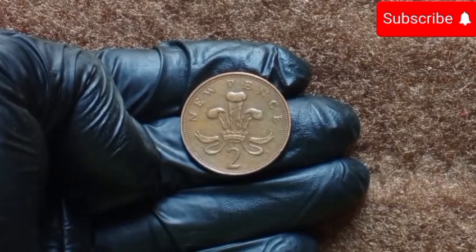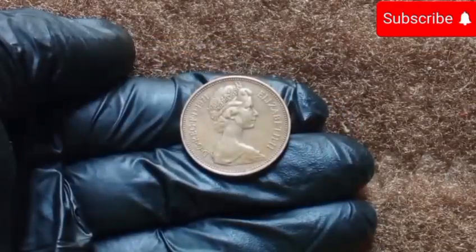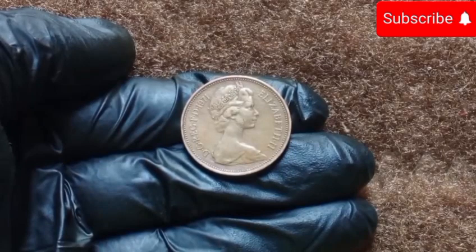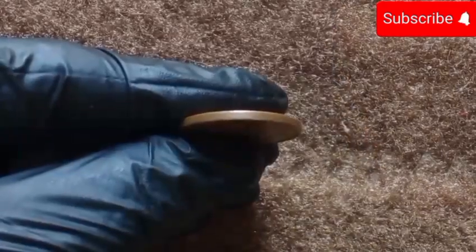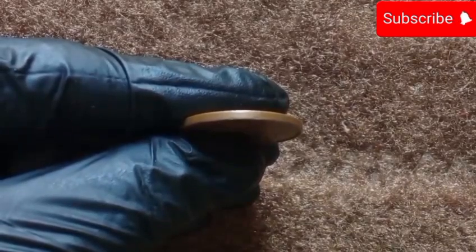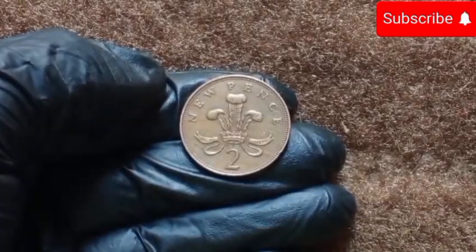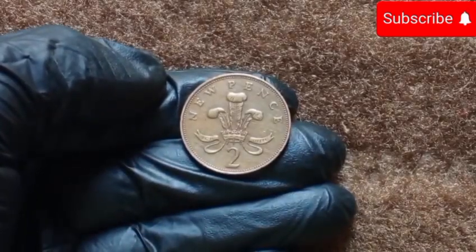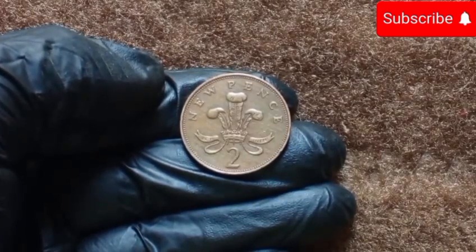Visual: pan to the reverse of the coin. Turning the coin over, the reverse features the badge of the Prince of Wales, a plume of 3 ostrich feathers encased in a coronet. Beneath it lies a ribbon bearing the German motto Ich dien, meaning I serve. This badge has been associated with the title of the Prince of Wales since the 14th century, notably used by